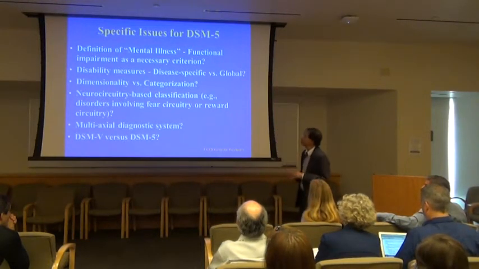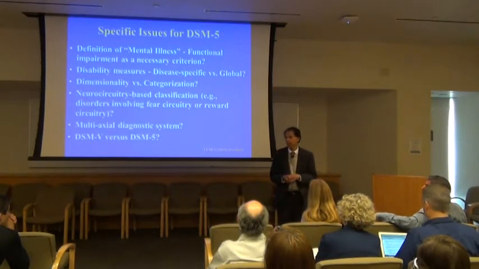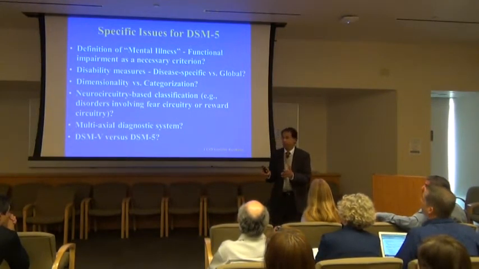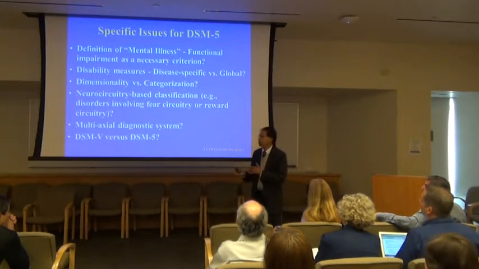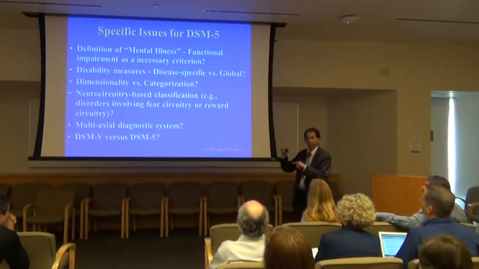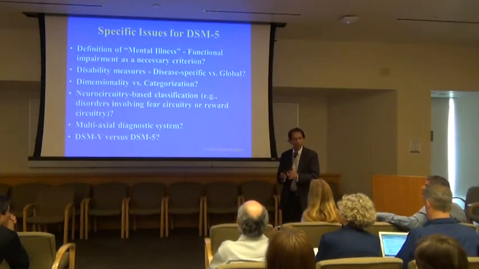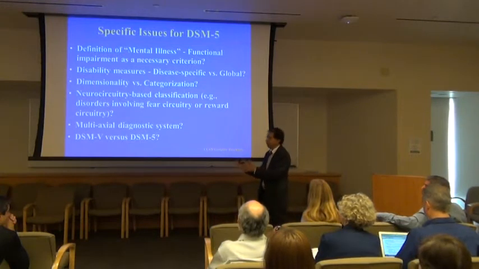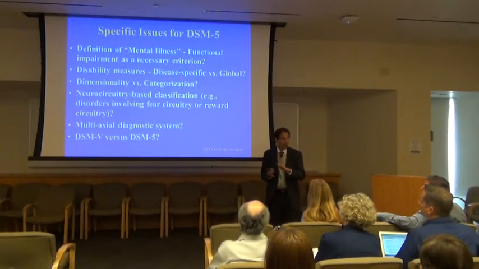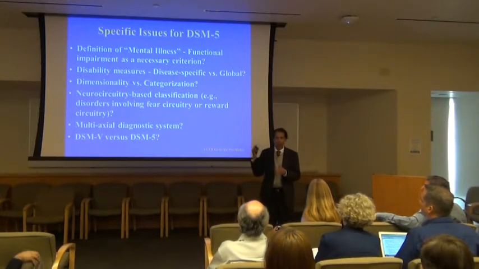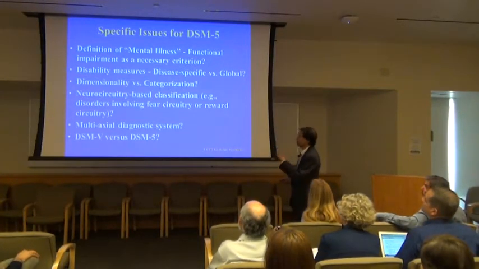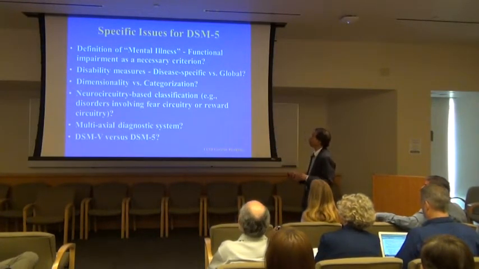So we need something else, but should it be global or should it be disease specific? A person who suffers from schizophrenia has different disability than somebody who suffers from, say, OCD, right? So how can we use the same? So those are the issues. What we have done in DSM-5 is that both disease-specific and global measures are included in section 3. They are right now not mandated because it would be impossible for most clinicians to do a complete evaluation in the 15 minutes that they typically have. Nonetheless, this is something research will hopefully help.